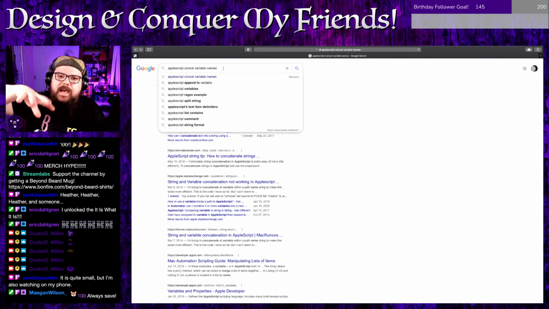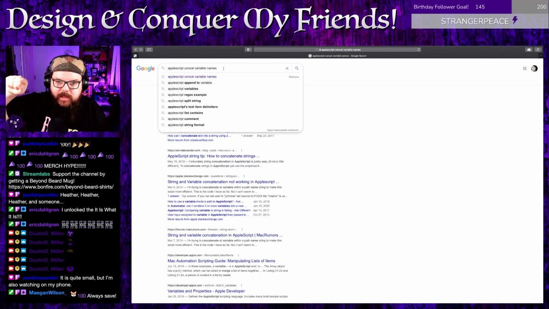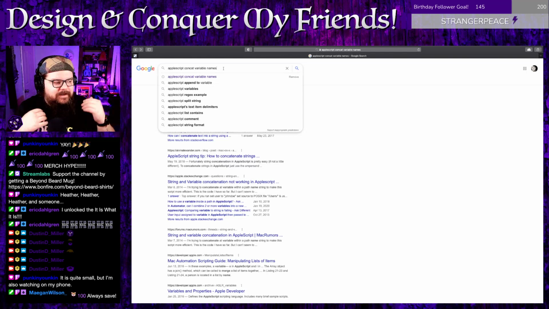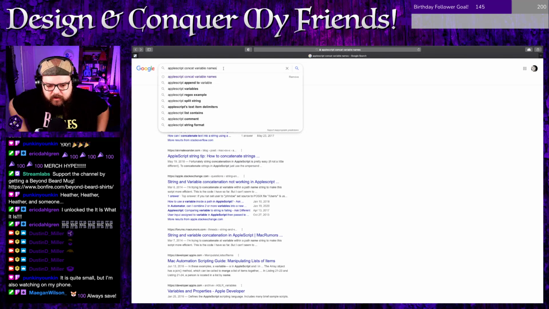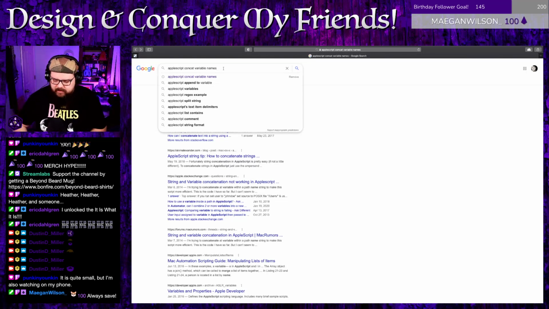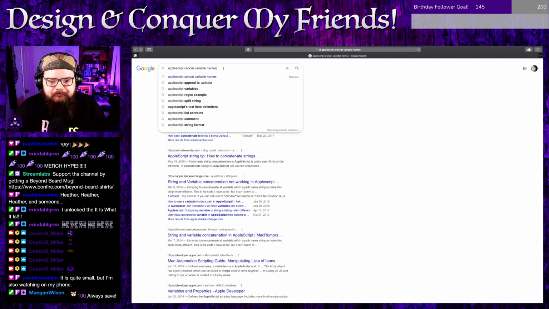You got to use those to actually change it to that different variable type before you can combine it. And AppleScript doesn't really have that aside from as string and stuff like that, but defining a variable is one of those things that it kind of